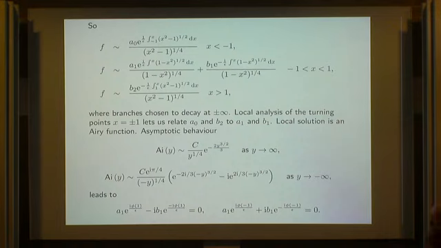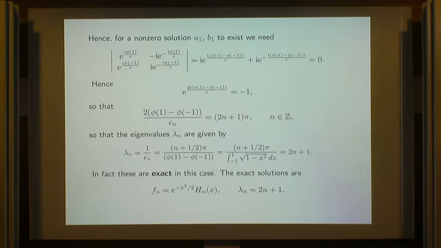So that's a sort of standard problem in matched asymptotic analysis, though I haven't shown you all the details. For a non-zero solution, these are a pair of two homogeneous equations, so the determinant of that little 2 by 2 system must be 0 in order to get a non-trivial solution. And when you work out what that determinant is, you get the eigenvalue condition: phi 1 minus phi 0 divided by epsilon must be 2n pi plus 1